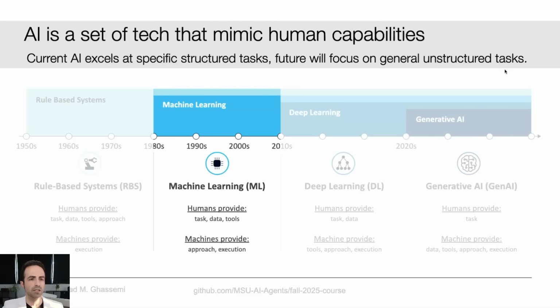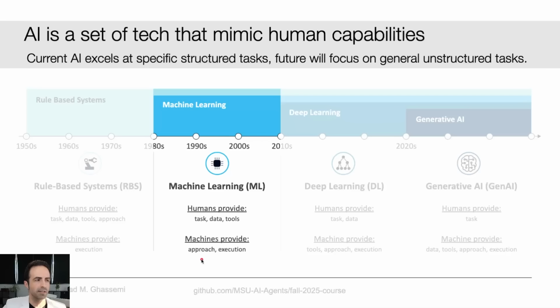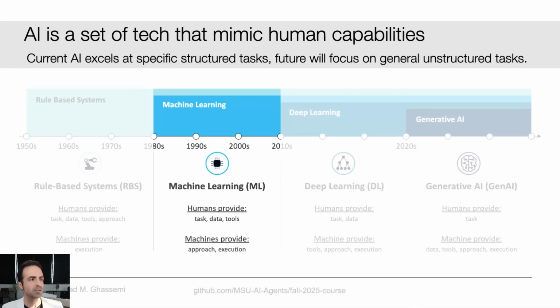Okay, if we shift to the machine learning era, what you notice is different between these two eras is that the approach here ended up moving from something humans provide to something that machines provide down here. Okay, in our analogy, what does that mean? That means we get rid of the approach. The instruction manual was not provided in this kit. We just dumped the data, which is the wooden blocks, and those horrible Allen wrenches on our machine worker and said, go build me the beautiful bed. Okay, this might surprise the machine, but hey, machines are getting smarter, so we can be a little bit more vague and less instructive in our approaches is the idea.